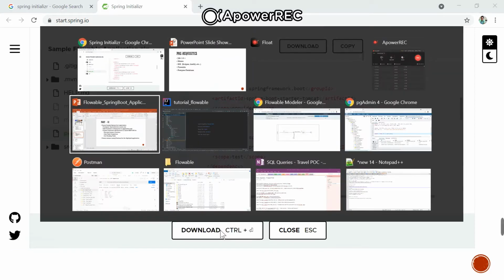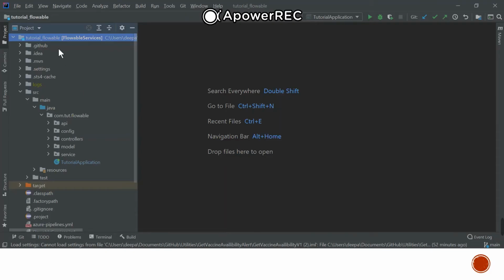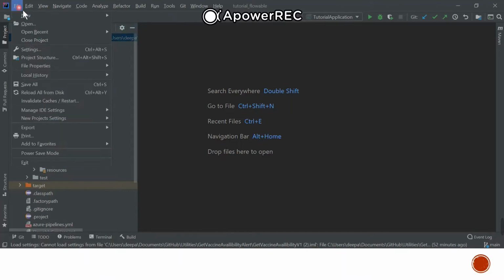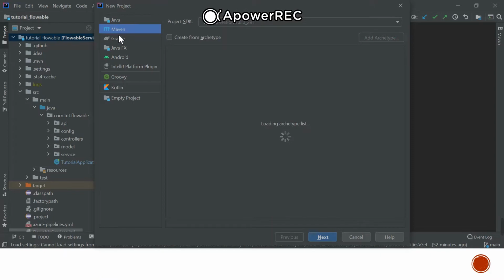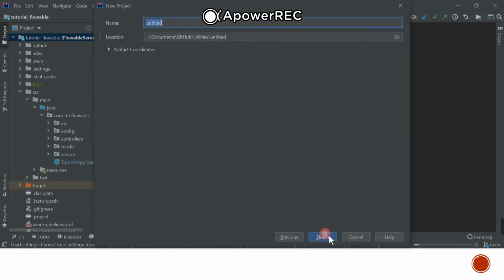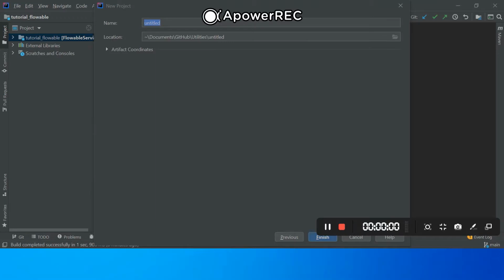There is another option where you can go into IntelliJ or Eclipse. I'm using IntelliJ, so you can create a new project, use a Maven project, and give the name of your project. It will create a blank Spring Boot application, and then we can start configuring it. So friends, the purpose here is that you should have a blank Spring Boot application on your machine, either created using the IDE or using the Spring Initializr.